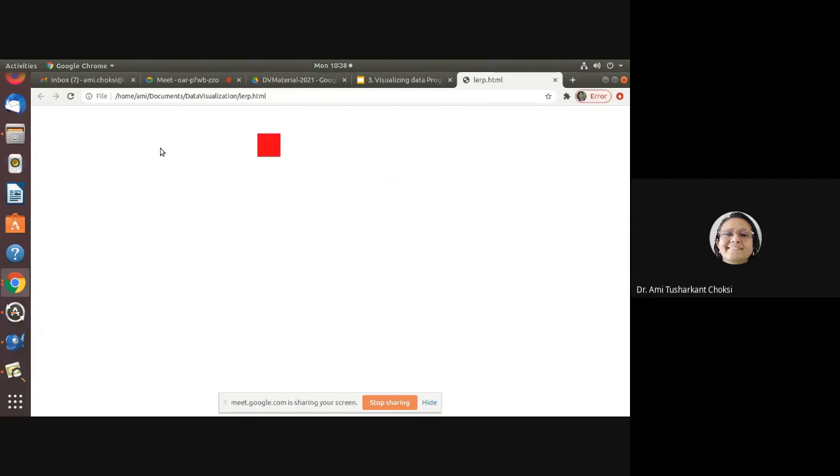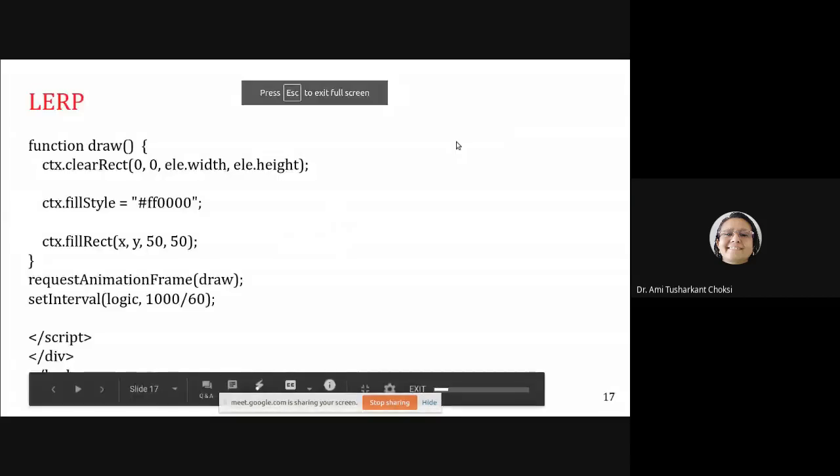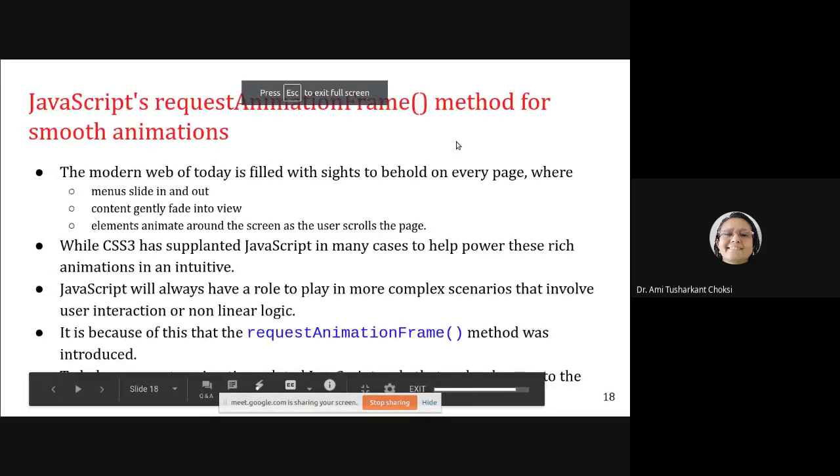And what is the basic of animation? That is, you clear the window, you draw it, again clear the window, draw the object at the other position, right? That is the basic of the animation. And here what we are doing is we are interpolating from one position to end position. Now in between we are interpolating a particular object. Fine. Let us proceed.